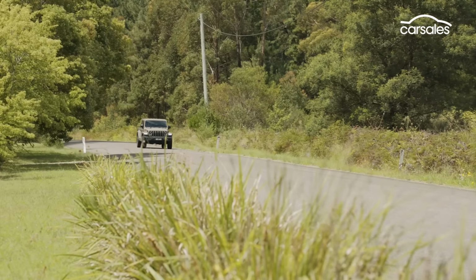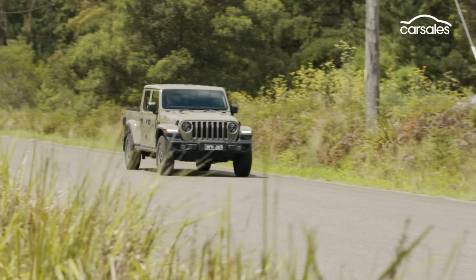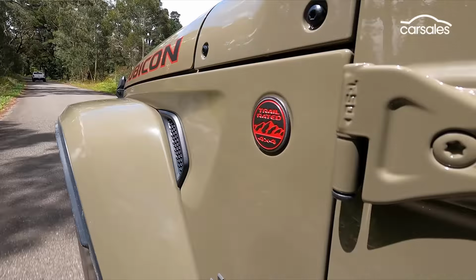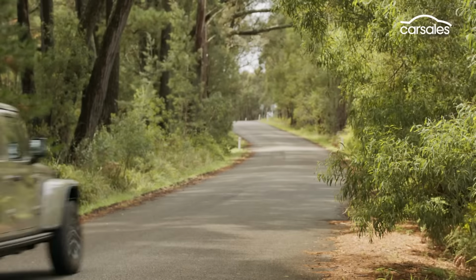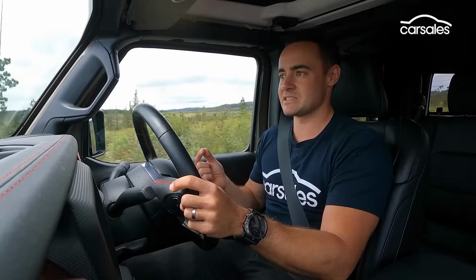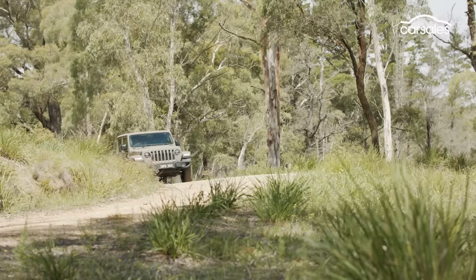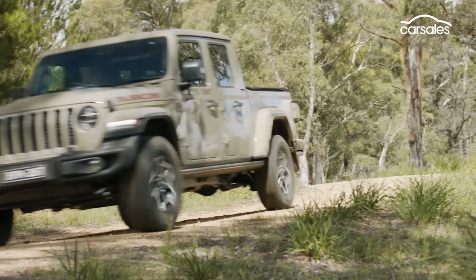It's got a lot of character and I've really enjoyed driving it. On high-speed sections of bitumen, the Gladiator Rubicon acquits itself quite well. It's tied down, it's controlled over extended sections of corrugations, and even mid-corner bumps or sections of mud don't really pose any huge challenges to the quick-thinking electronics suite. It doesn't quite impart that same intimate level of feeling and feedback as the Ranger Raptor. The steering doesn't quite have the same meaningful weighting, and the body feels a bit larger than the Ranger as well. But all in all, it's a really good accomplice on a dirt road, and it gets even better when